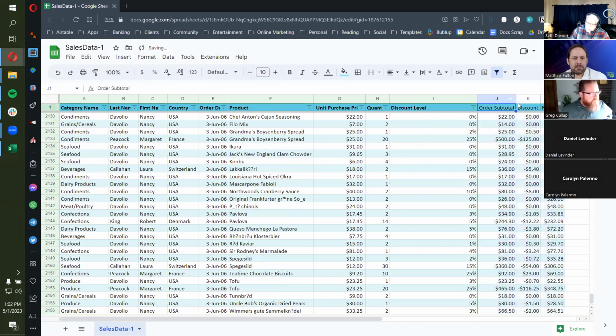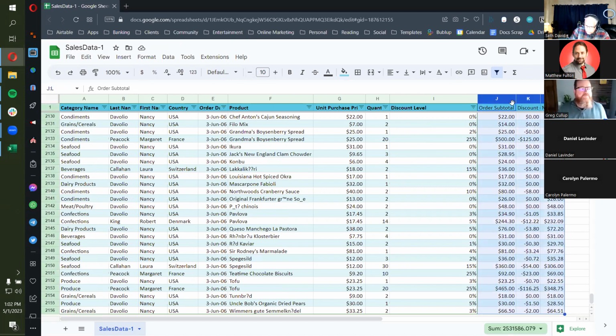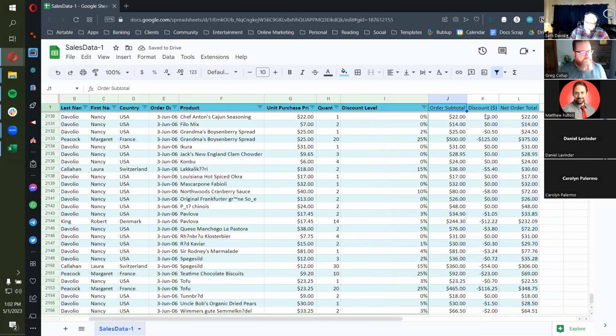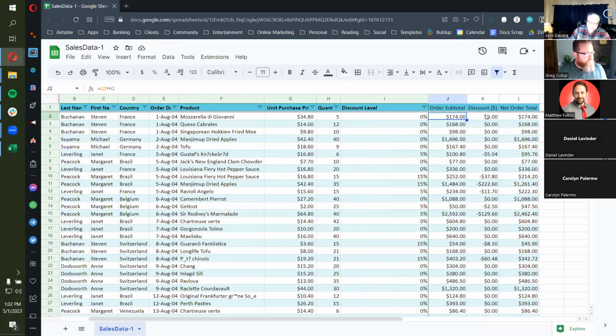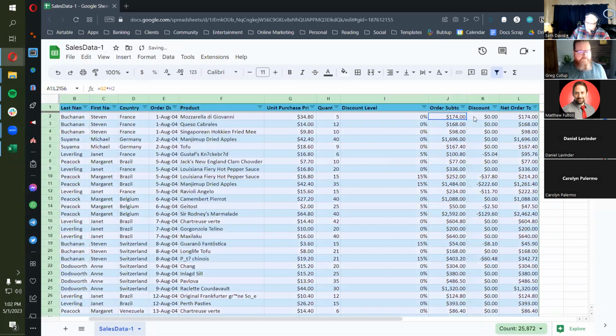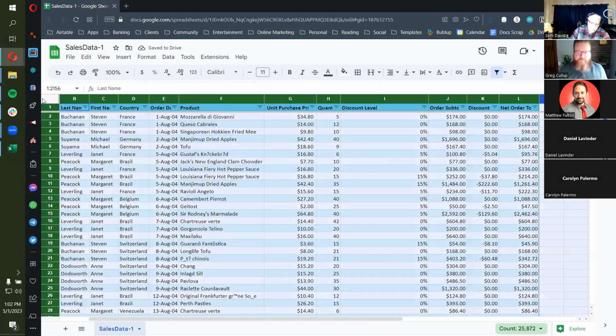Notice it didn't carry the filters over because, unlike Excel, that's just not a function of, you know, I wouldn't even call this a table. It's just Google's closest equivalent. But watch this. With my cell pointer anywhere in the data set, I go to data, remove the filter, data again, and create the filter, and boom, then it's all there. So very easy to fix.